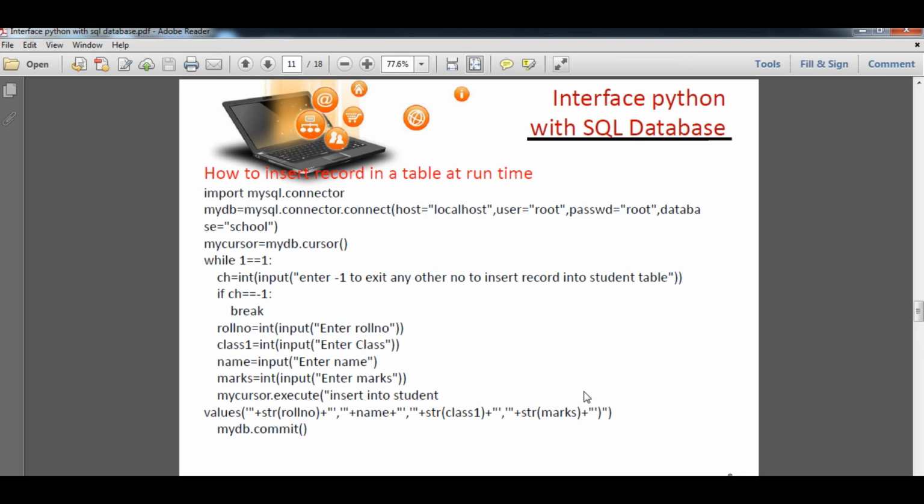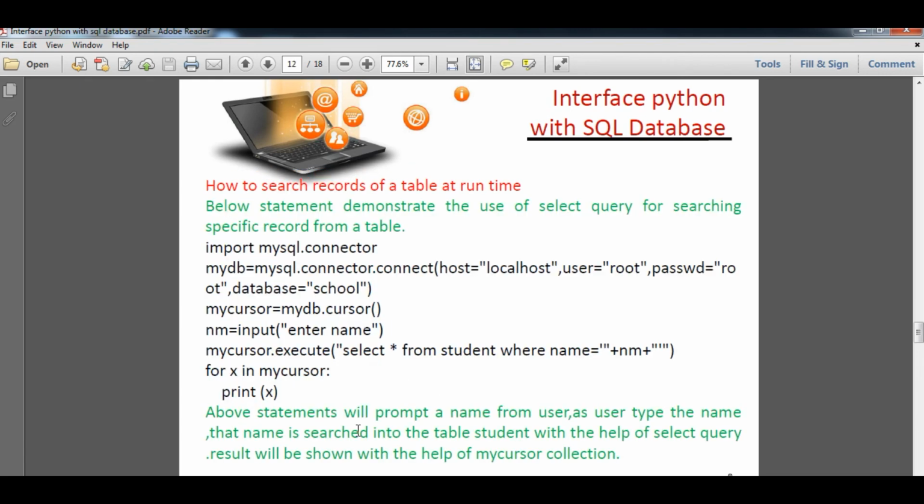Whenever you are concatenating a variable or passing an argument in string format, you will use double quote and single quote alternately. It means first time double quote and second time single quote. And at last, the mydb.commit command is important, because without this command it will not accept the changes that you made by this Python program.